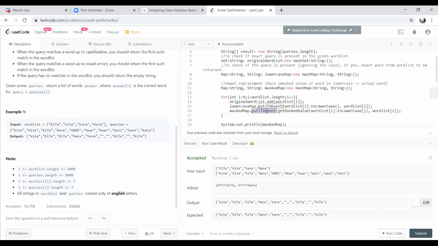Okay. So when you are putting into a map, you convert it into lowercase, right? And you put it for the capital one also, as well as for the vowel errors. But at that time, you only change those vowels to asterisks. Yes, so I'm basically maintaining two maps: one for the general case, with no vowel errors, just the case-sensitivity handling, and the second for vowel errors.